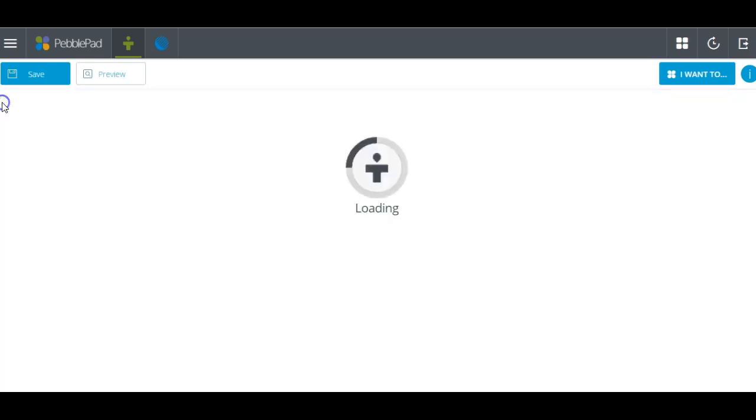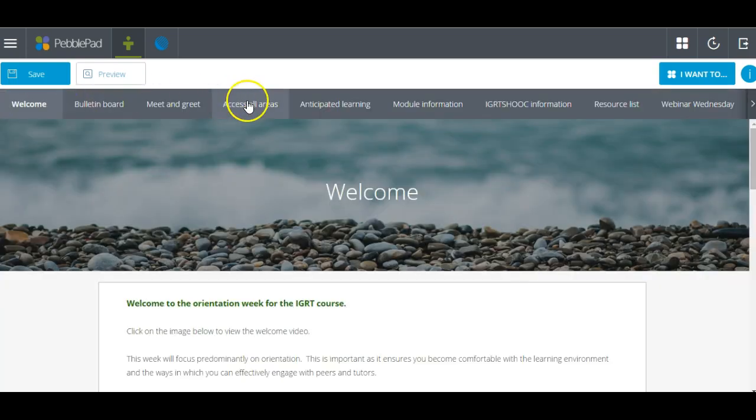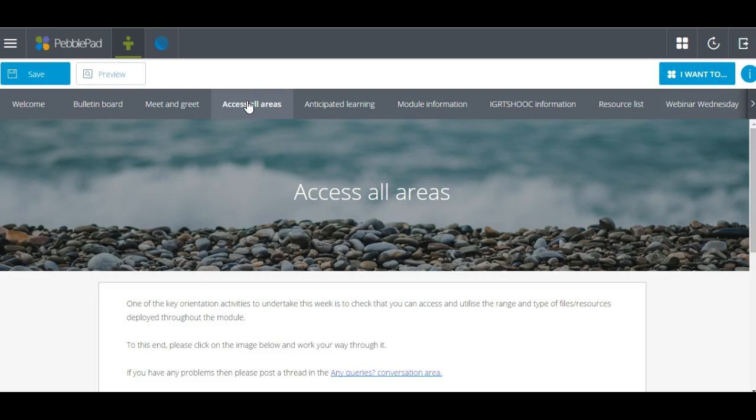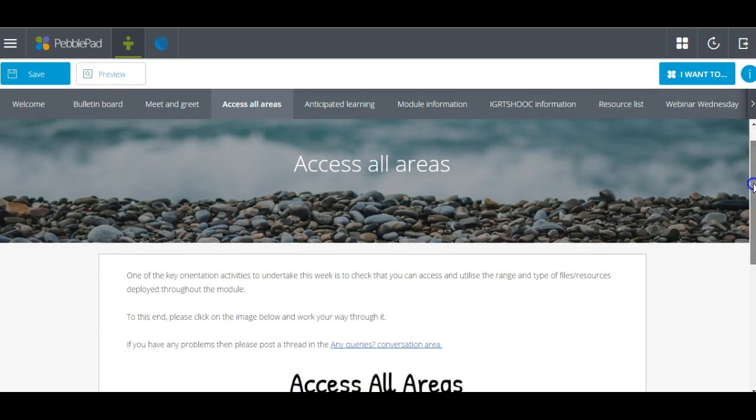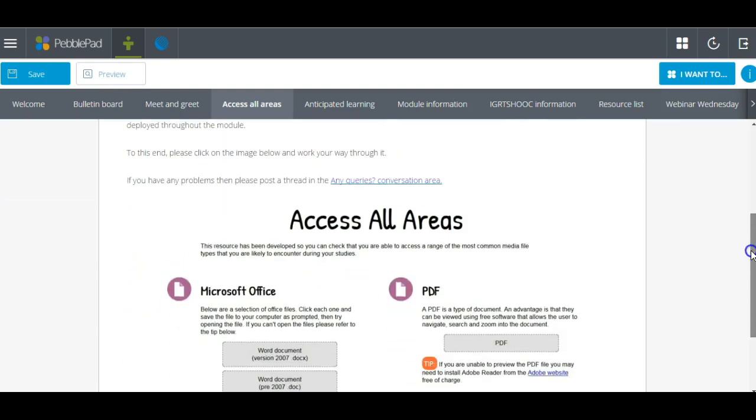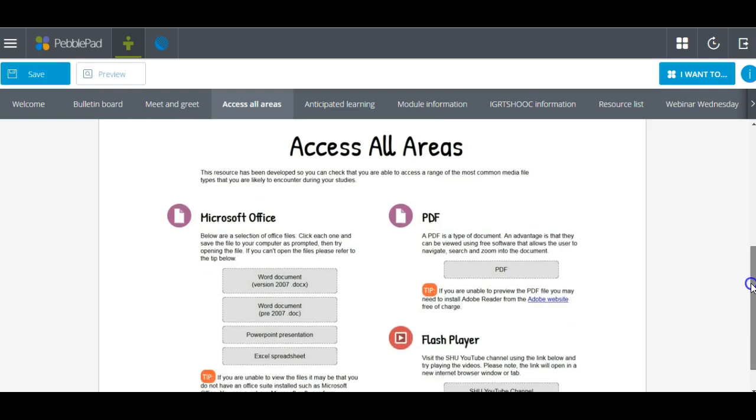Now one of the first things that I do recommend that you do, if you haven't done this already, is go to Access All Areas, because this is an interactive resource that we've developed for you where you can test your PC, tablet, mobile or laptop to see whether you can access all of the functionality and all of the types of different files that we're utilising in the course. So if you click into this image,